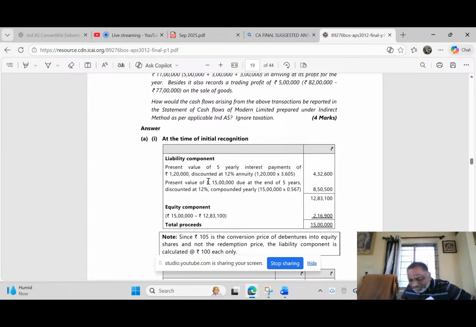Liability component at the time of initial recognition is the present value of 5 years